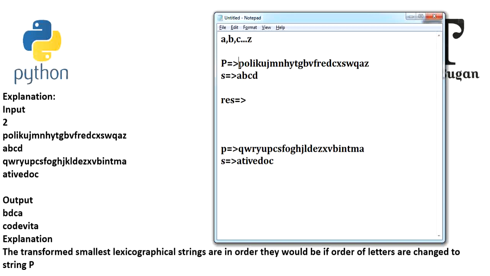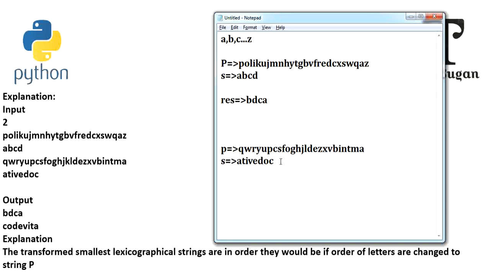Let me start from here. You can notice that none of the elements are present up to this point. So I can notice that B is common in P and S, so let me write that first. After this, no V, F or E is there, and the next common element is D, so let me write D. After this, C is present in string S, so let me write C. After this, the next common element is A. So this could be the answer for the first test case: B, D, C, A. Clear?